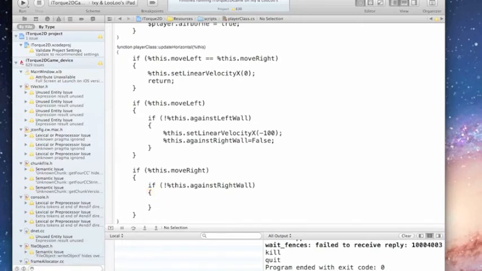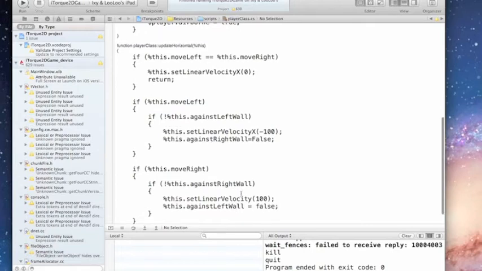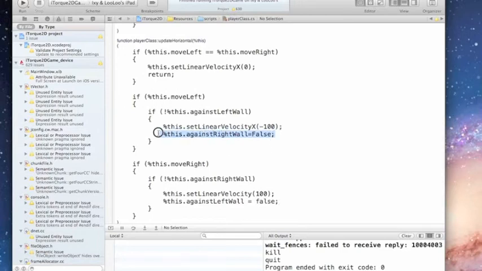And if we're not against the right wall, then we're going to go ahead and let him move to the right. And again, we're going to give it a nice large value, and set that against left wall equals false. And in the